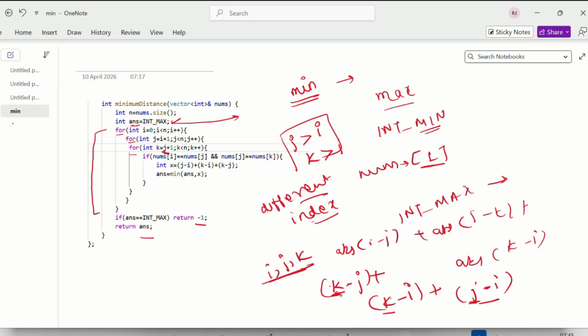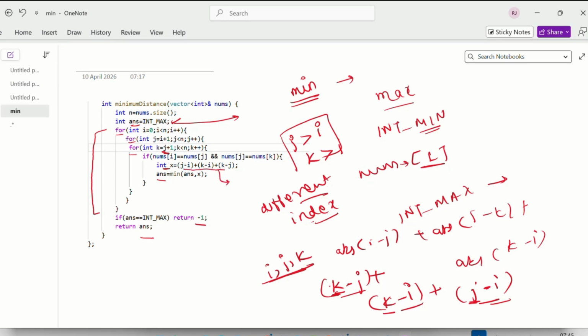We will simply apply this: we will try to find this value k minus j, k minus i, and j minus i here, and we will denote it with x, and we will minimize our answer value. If x is less than the answer, then we can replace the answer with the x value. In this case, we don't need to